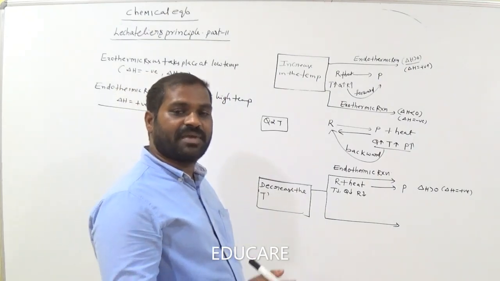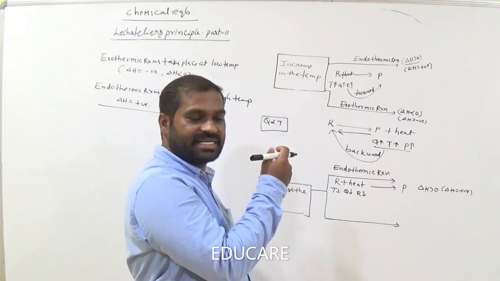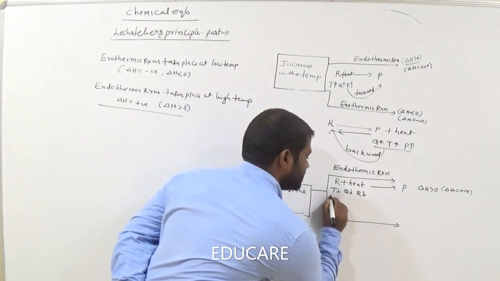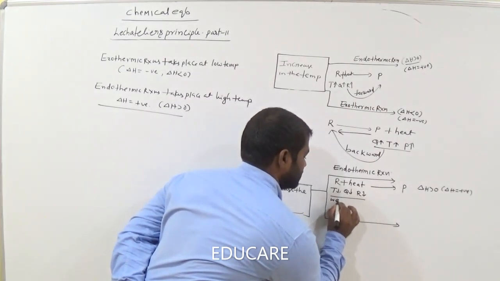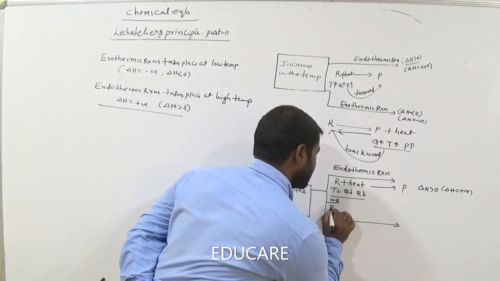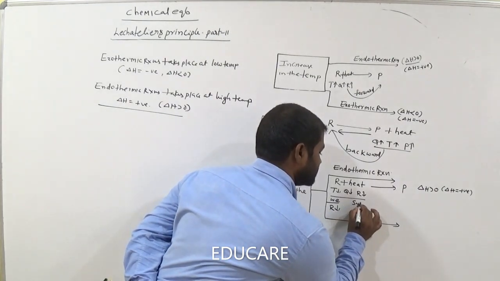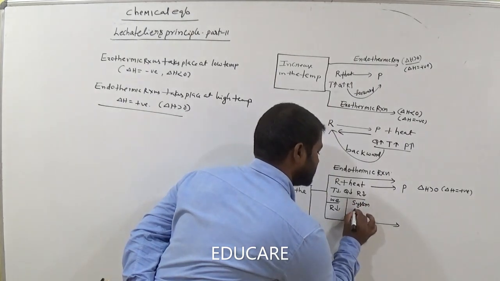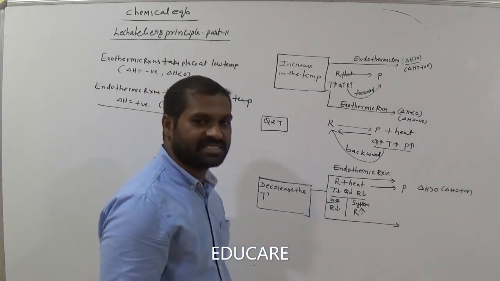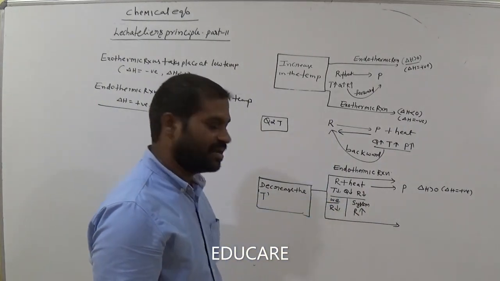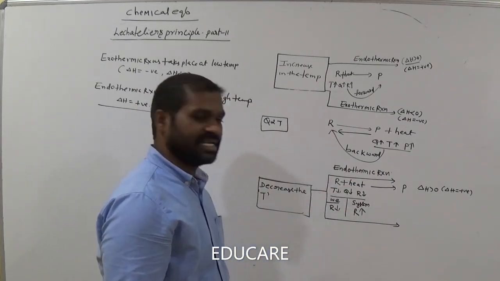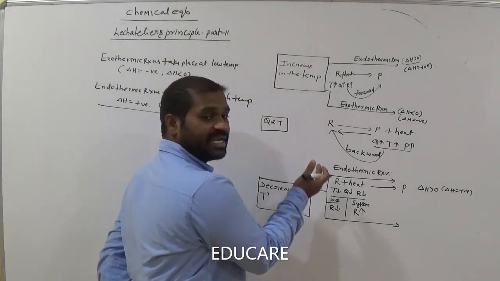Okay. Now the system can try to increase the concentration of reactants. The system can do the opposite to us. Am I right? We decrease the reactants concentration. The system tries to increase the reactants concentration. Here we decrease the reactants concentration by decreasing the temperature. So here the system tries to increase the reactants concentration.